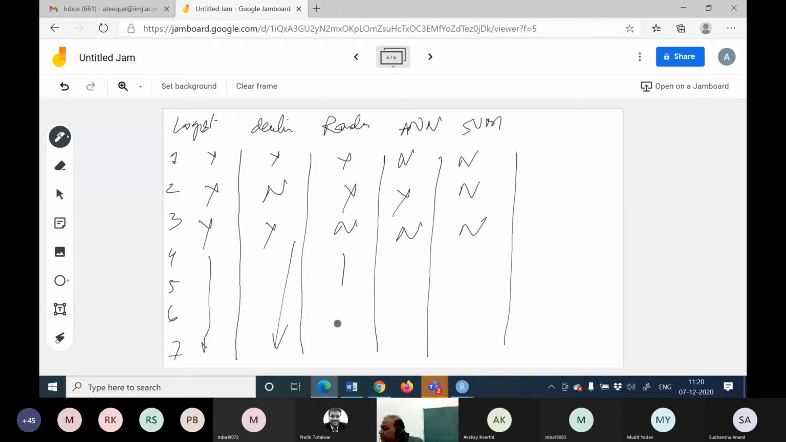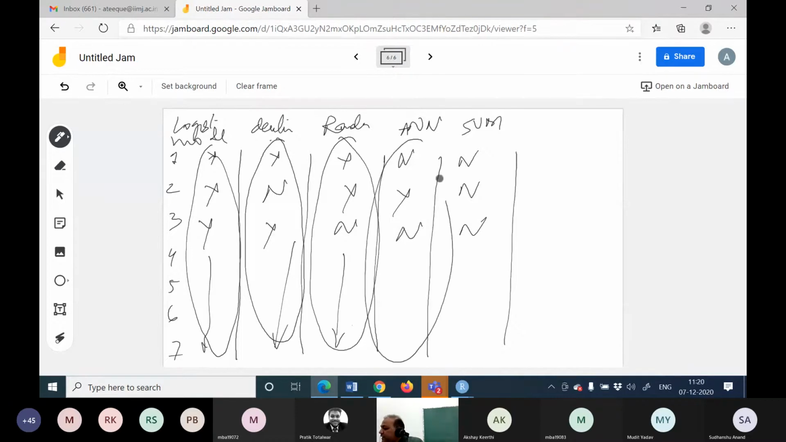You built this model, and based on it you predicted this. Right? Now in practice, what you are doing is you evaluate the accuracy for each of these models,